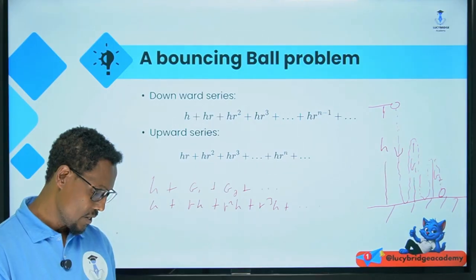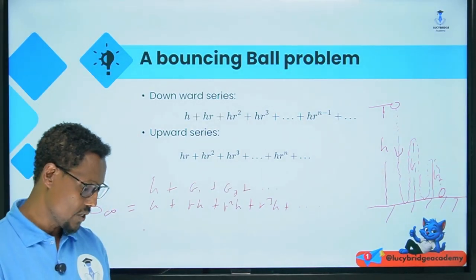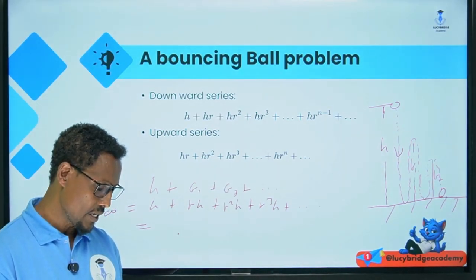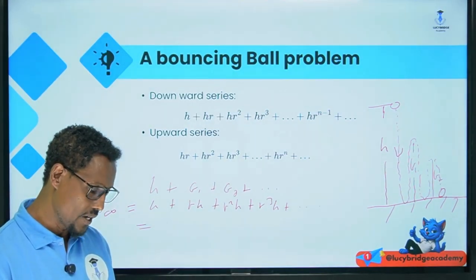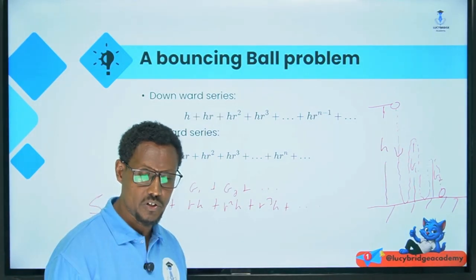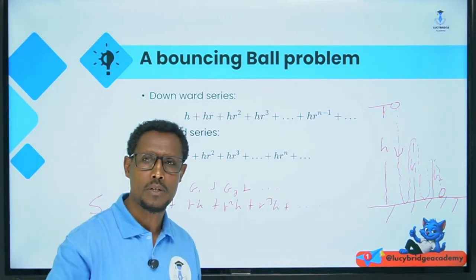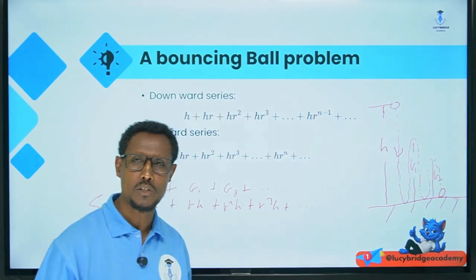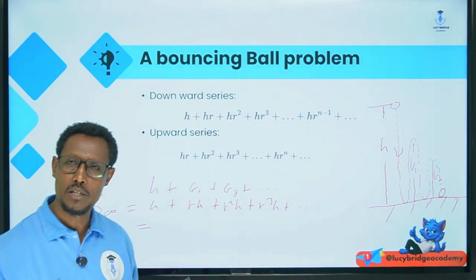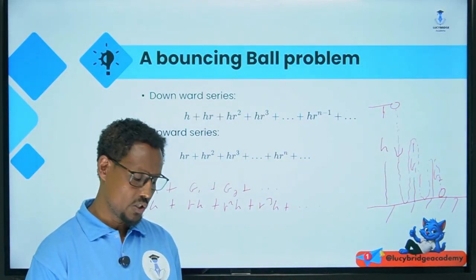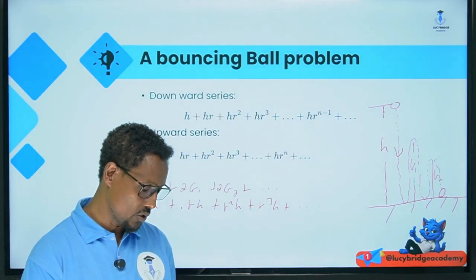In this case we call this s infinity, the sum of the total height, which is equal to... but each distance g1, g2 is twice, okay, because the ball first goes down, then bounces and goes up again. From g1 onwards, the heights are doubled, okay, two times: it comes, falls, hits, comes up again, falls again. So from g1, g2, g3 onwards it is two times: 2 times g1, 2 times g2, 2 times g3, so 2rh,